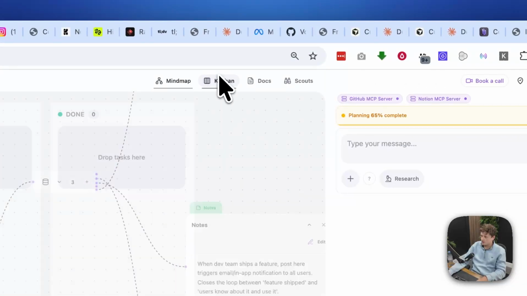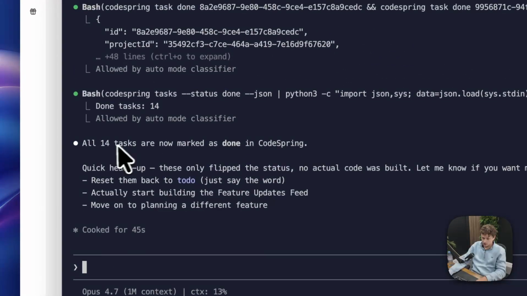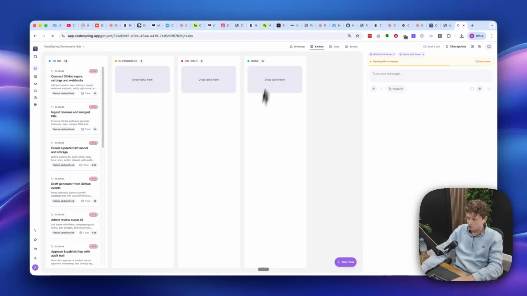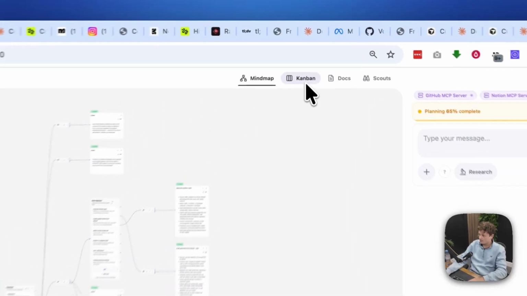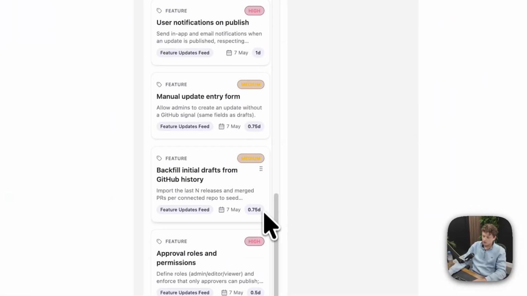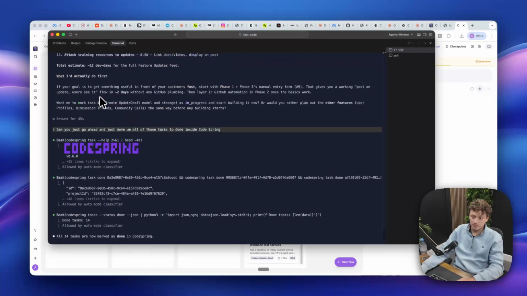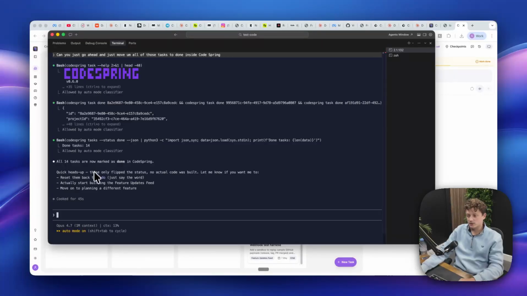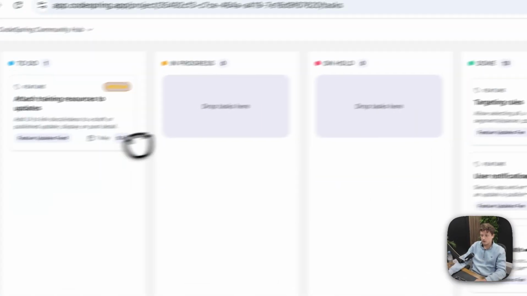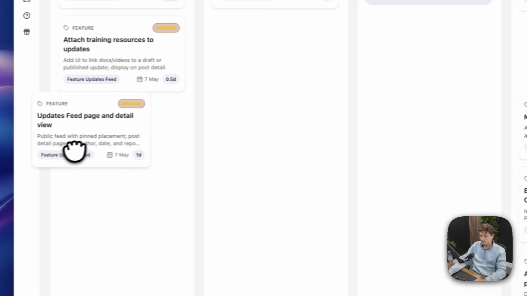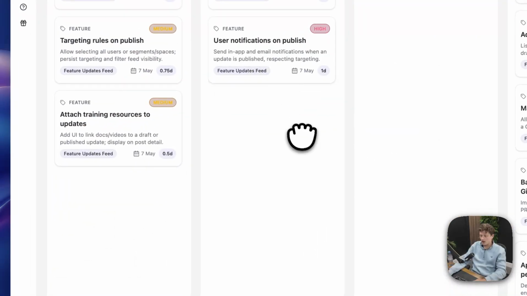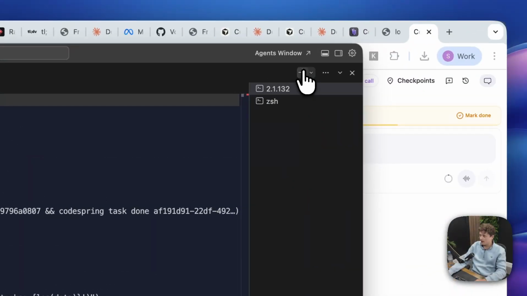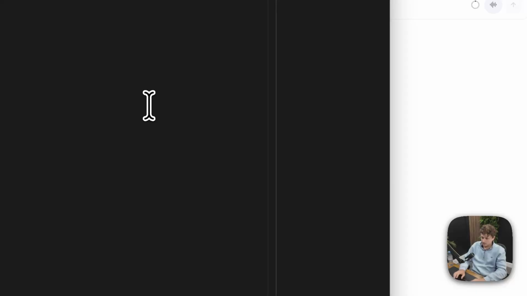Oh, by the way, let's go into the Kanban and see what this has done. It says it's moved all tasks to done. So just refresh CodeSpring, come into the Kanban, and now it's marked all tasks as done. Now, obviously, we haven't actually built anything here, but if it had actually built it, it would have just marked them off. So, for example, if we had some of these done and some of these in progress, let's put some like this, I could come back to this a few weeks later and start a completely fresh chat. And I could say,